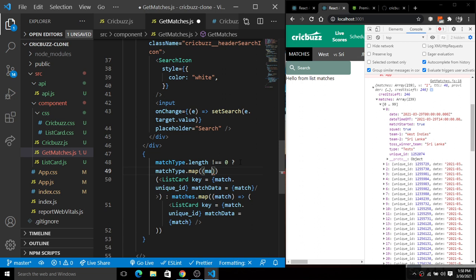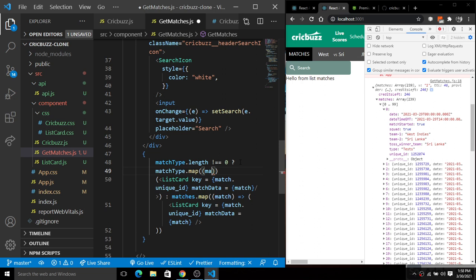Now save this. Okay, so we have this get matches. We have this get match ready, and now you can see here we have 239 hello from the list rendering on the screen. So this is because we are rendering all the data there. Now it's time to simply populate everything on the list card there. So inside of this list card, we will simply tab this and delete this, and here we will have a card, a list card here.